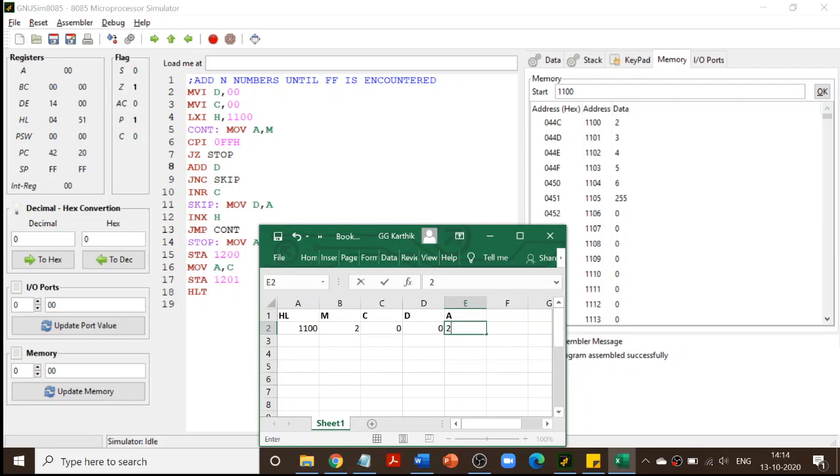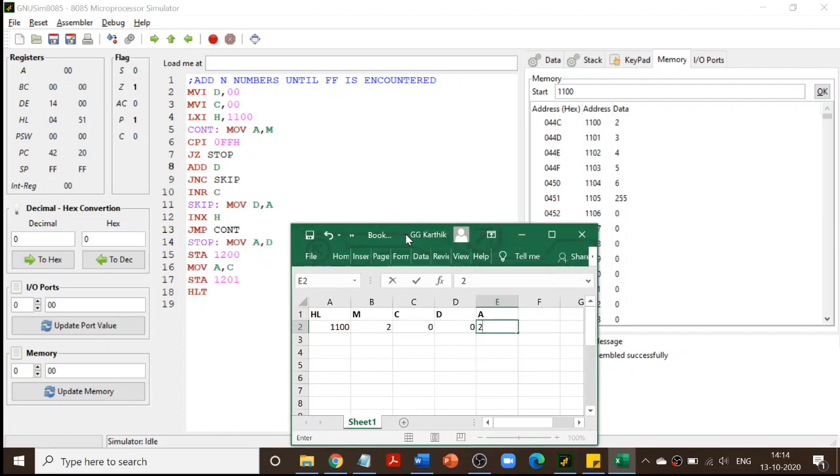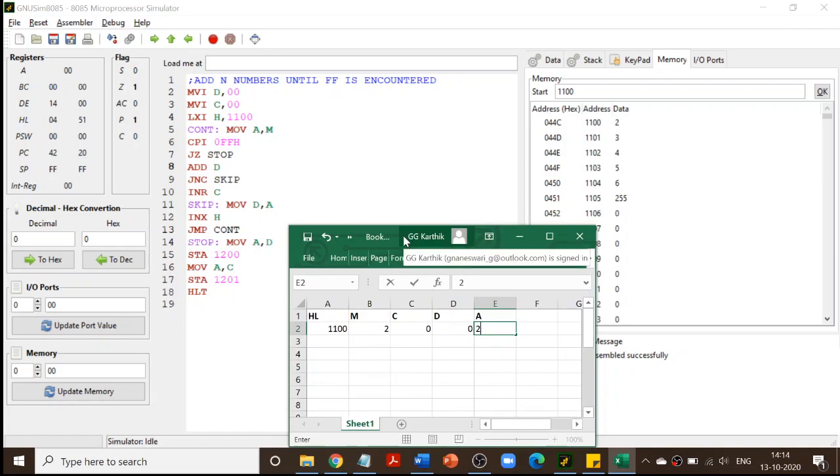Instead, can I give 255 directly? Yes, you can give 255 directly without the H, which means it is a decimal number. That also is correct. The program will still understand. In this simulator, there is another rule: if you are going to use any hexadecimal number in the program, that number should start with a 0 if it starts with an alphabet.